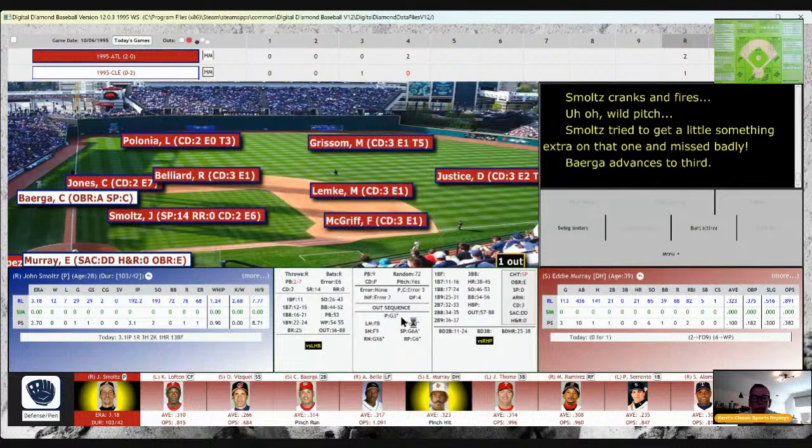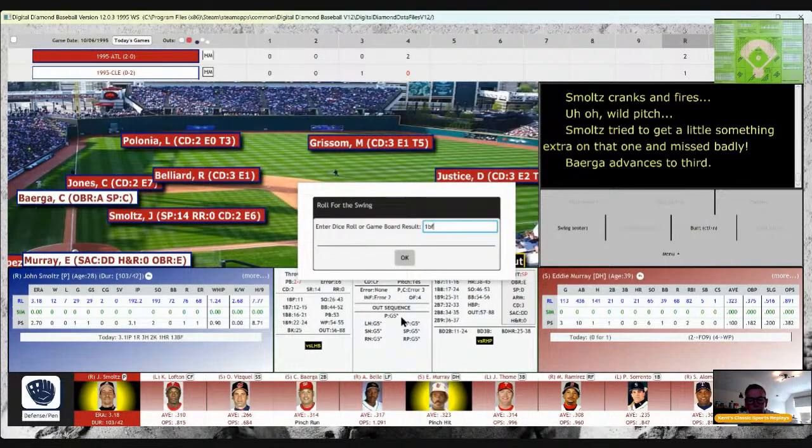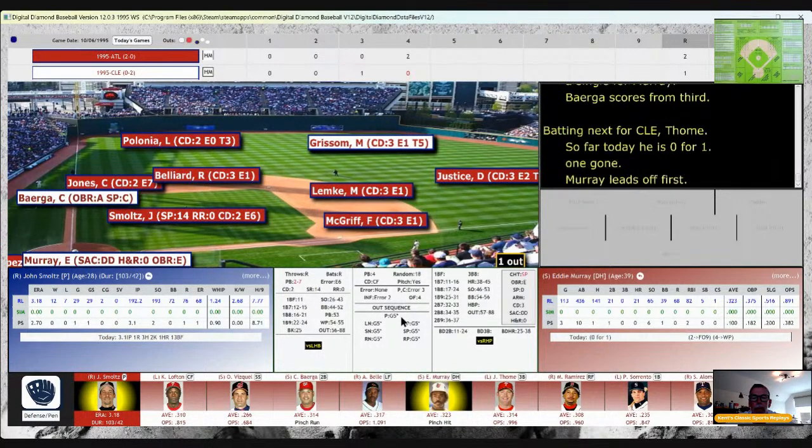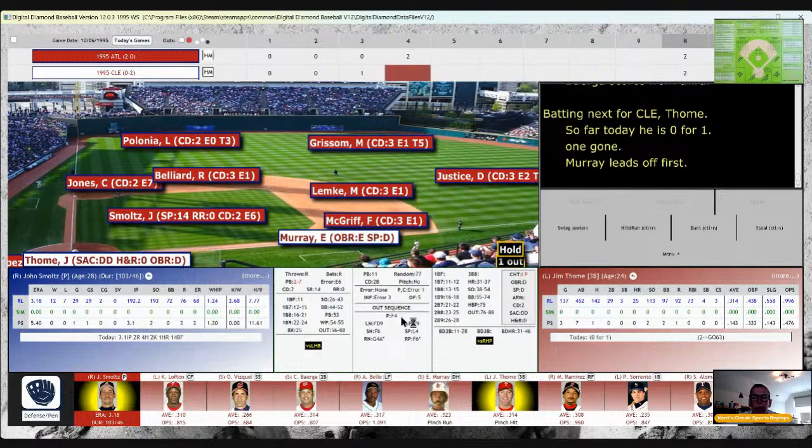Will be on Murray's card. That 18 is trouble, as that is a single into center field. Scoring Baerga, and we're tied up 2-2 as Eddie Murray comes through with a single into center field. And this game is tied up 2-2, and that brings up Jim Thome.